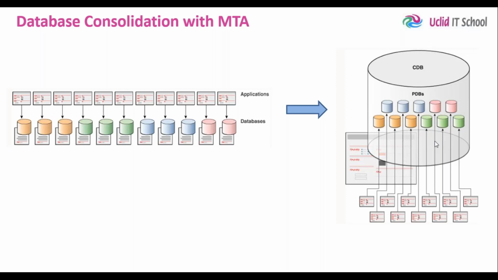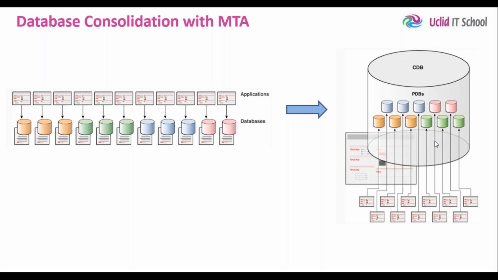Each pluggable database is nothing but your Oracle database only. But now this Oracle database is contained inside a container database. Now from the outside world, the container database is a single database. But inside it has multiple databases. So when you want to manage, you manage them together as a single database. And that is our advantage with multi-tenant architecture.